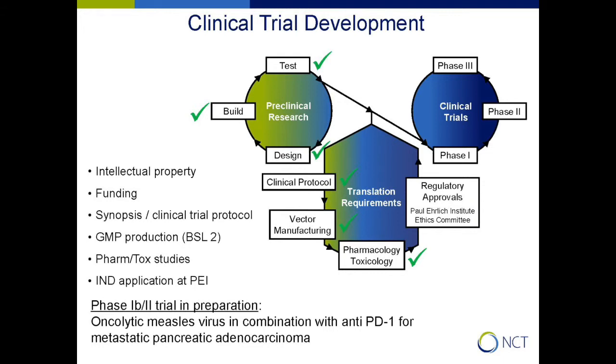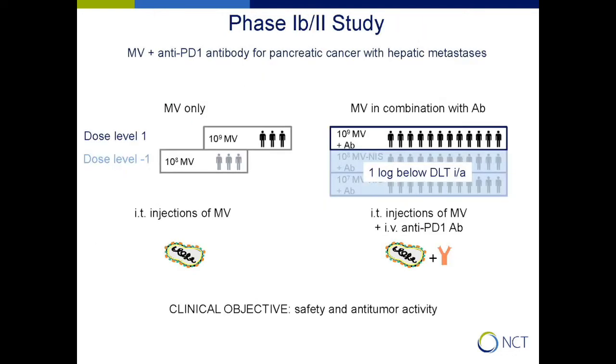So in the trial, there will be first a safety lead-in where we apply measles virus only intratumorally into the liver metastases at a dose of 10 to the 9 particles. And if this proves safe, we will go on to combine it with the anti-PD-1 antibody. Of course, since this is an early phase trial, the main clinical objective is safety and possible hints at anti-tumor